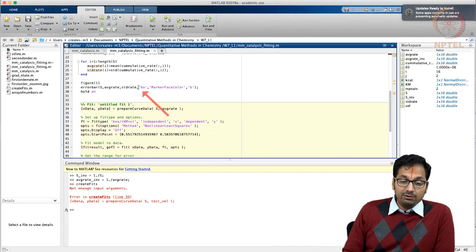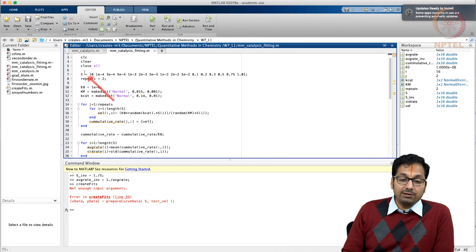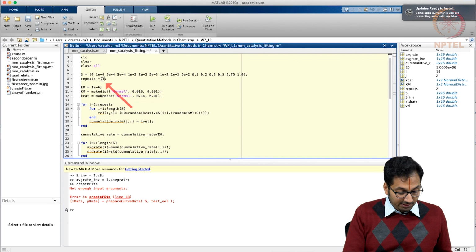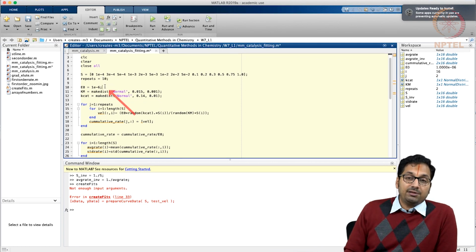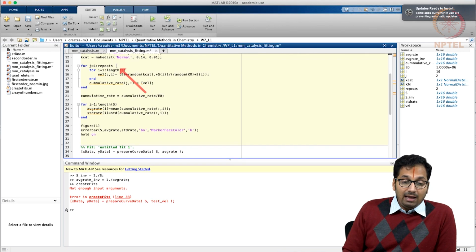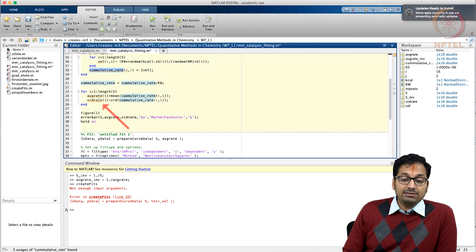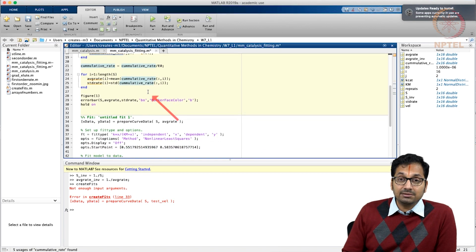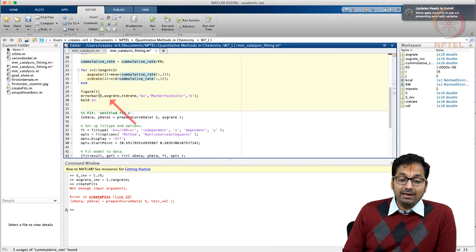So what I am trying to do, we are once again using the same equation, keeping the same substrate concentration. So we can have any number of repeats. Let's say we have 10 repeats, and then enzyme concentration is kept at 1 micromolar. We are keeping the same values that we have used for chymotrypsin for Km and Kcat, and we are repeating it several times so that velocity gets determined 10 times. The cumulated rate is saved within that, and the average and the standard deviation from the cumulated rate is used towards showing an error bar fit of concentration of the enzyme to the average and the standard deviation.